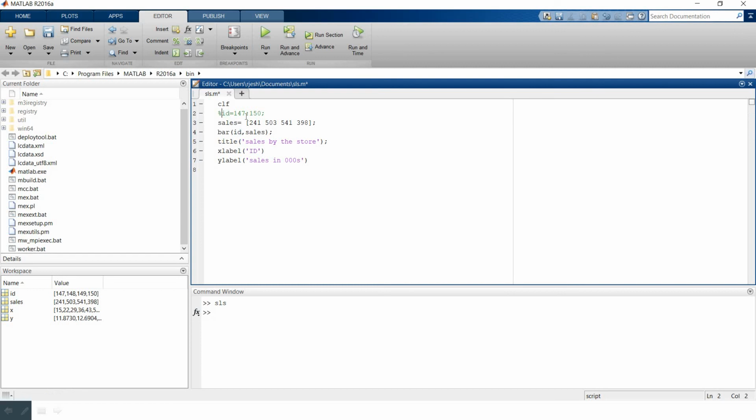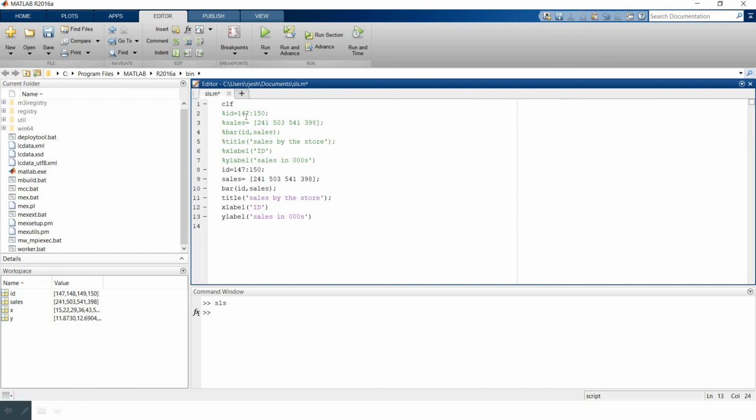Then paste the whole program and just type in barh.